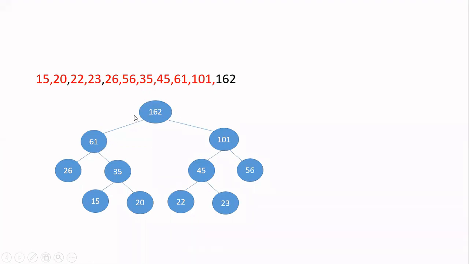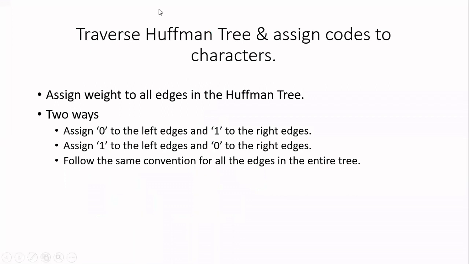So remember, for constructing the Huffman tree, we are using the min heap. But the Huffman tree is not a min heap tree. Now the first step of the encoding process is over. So what do we have to do next? We have to find the code for different characters, and that code should be a unique code, and none of the codes should be the prefix of another code. Let us see how we are getting that by means of this Huffman tree.